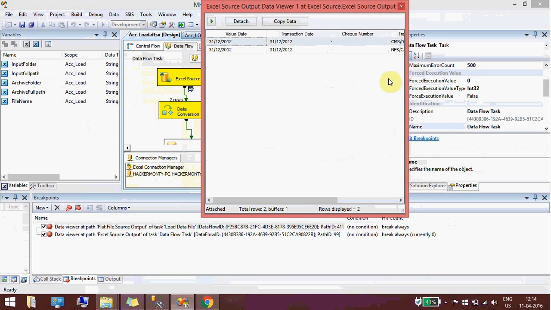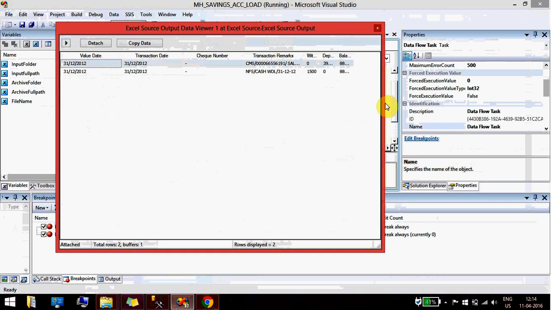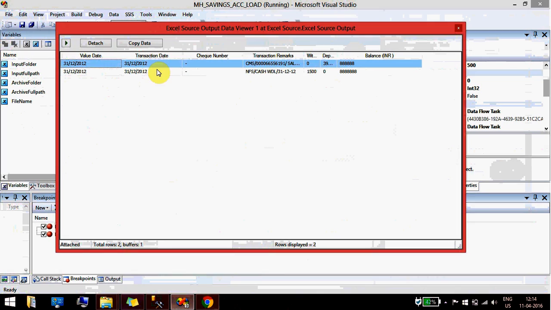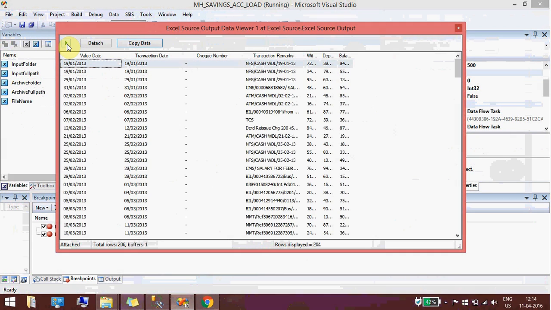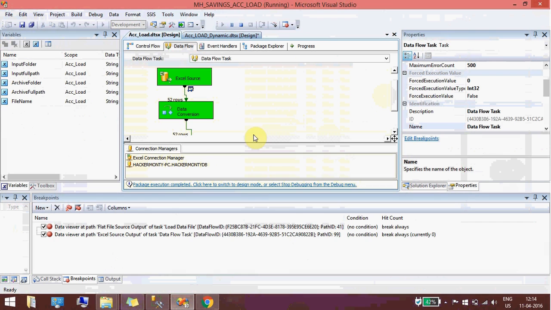So my first Excel has this much data. These are the only two records I have in my Excel, so only two records are loaded. Next, go to next. So these are the number of rows, total 216, 206, 501 rows. So 787, 2016. Once I'm done, we can close it.